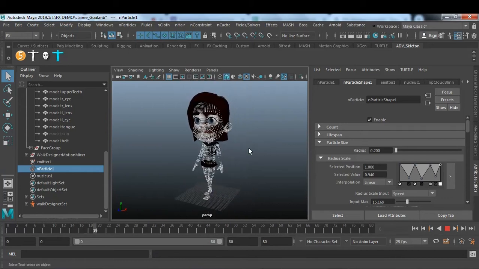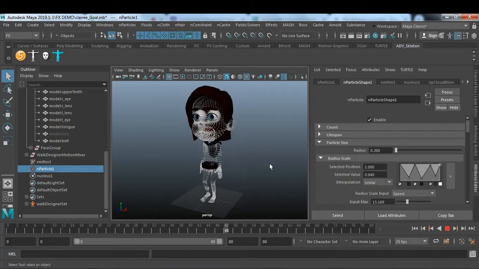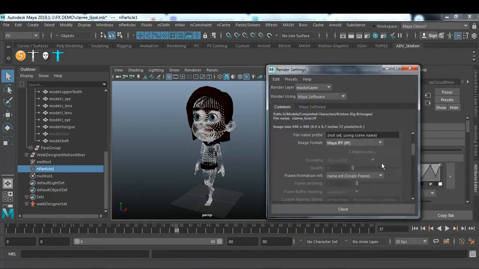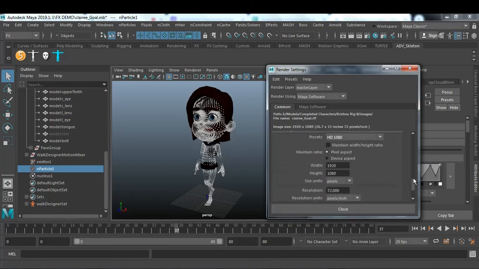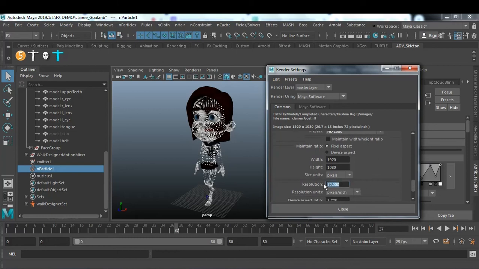I'm just going to change the screen color so you can see it. And I'm going to take out one. I just want to take the Playblast so we can see in full HD also. For that, I'm going to click on the setting icon over here and just make sure on the setting tab you are taking full HD. Just take full HD, and this resolution, instead of 72, just make sure it is 300. This full HD and resolution.